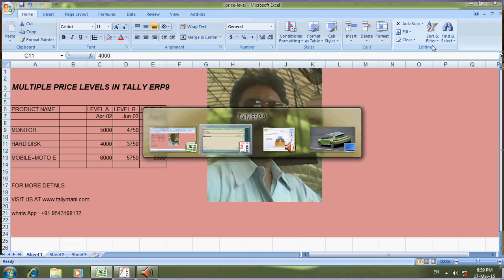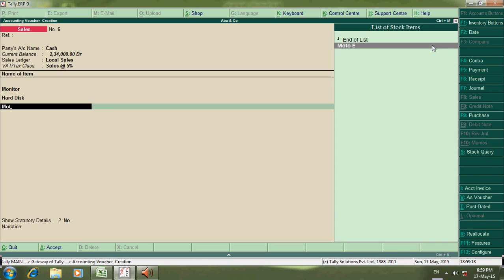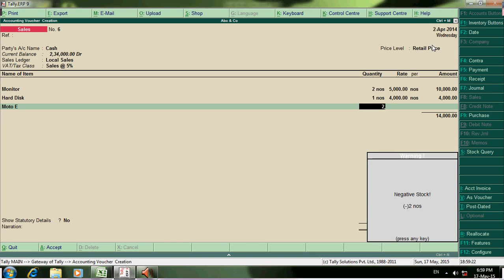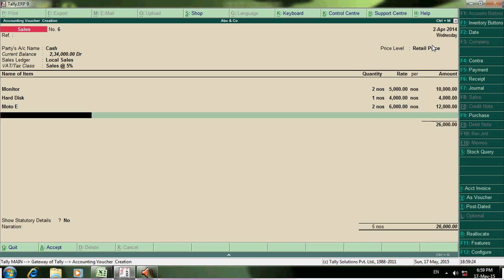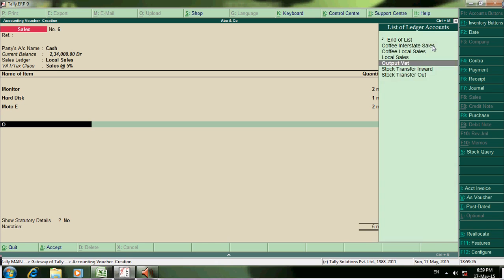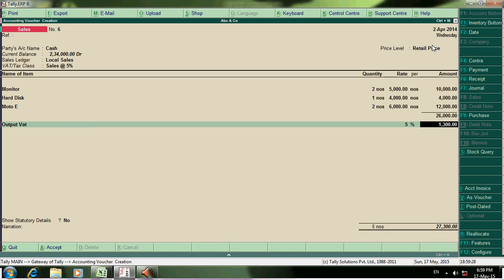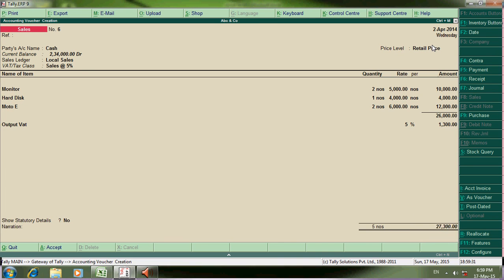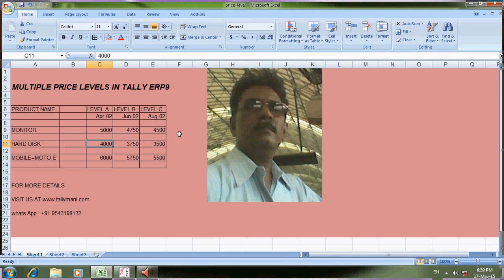Then Moto E, 2 numbers, that will take 6,000. Then output VAT. That's it.